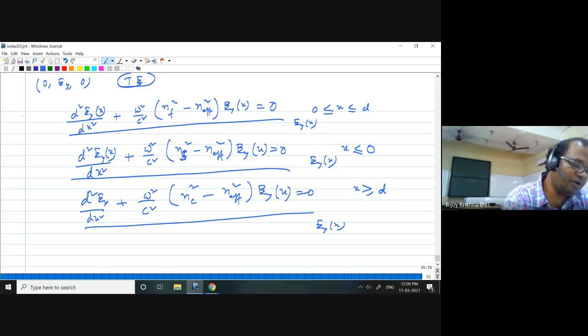Once you find the T mode, then we'll try to find the component HX. EY, if you find it for the 3 different zones, then you can find HY, HZ. So here you simply have to solve a second order differential equation. And you have to keep in mind that you need to know the value of N effective and the distribution of EY. Okay, I just stop here today. If you have any questions, you ask.